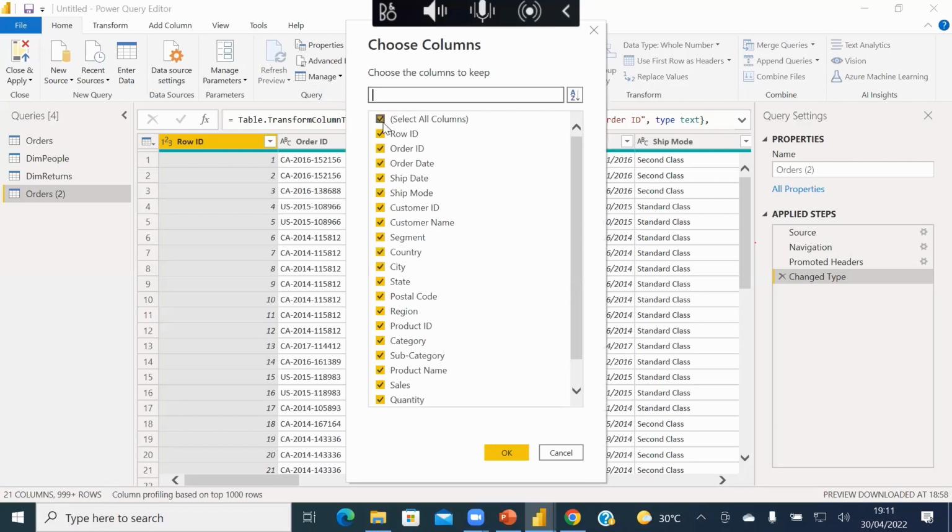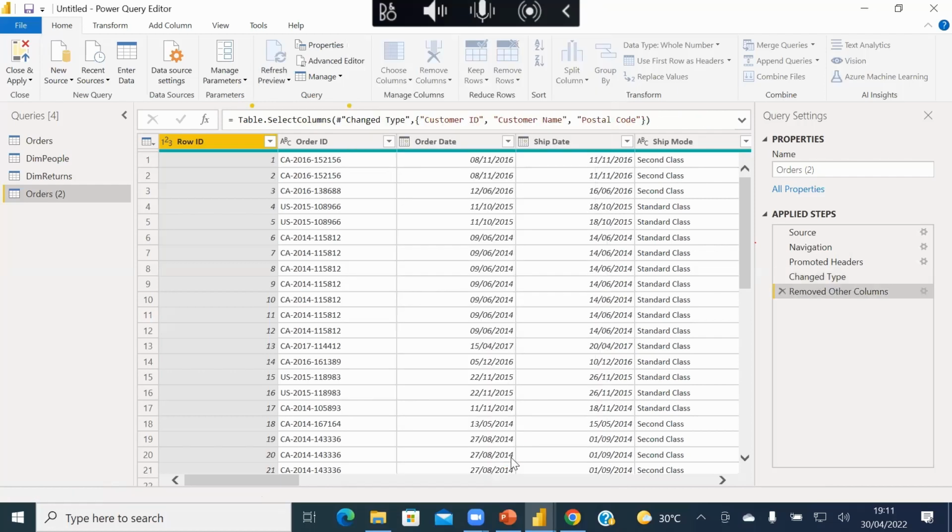Now what we have to do next is to click on this. Now we uncheck everything. The columns we want are columns that have to do with customer. We have the customer ID. Great. We have the customer name. Awesome. Then we have what again? The postal code. The postal code is what tells us where the customer lives, right? If you have a postal code, that's what they use to maybe deliver packages to your house and all that. So that's awesome. What we have to do next is to click on OK.